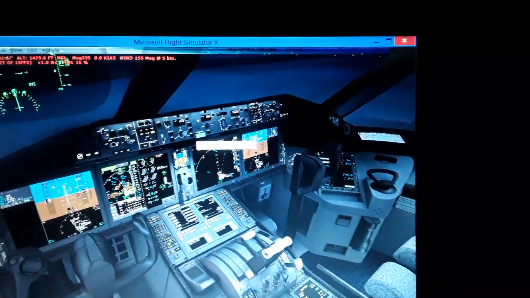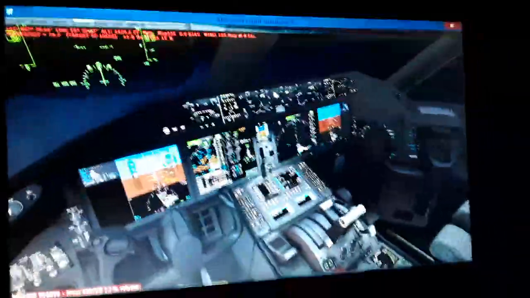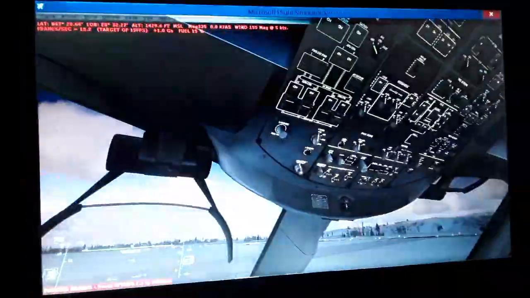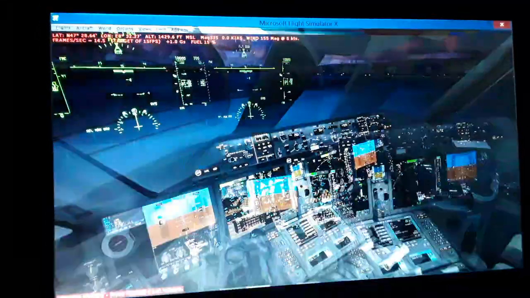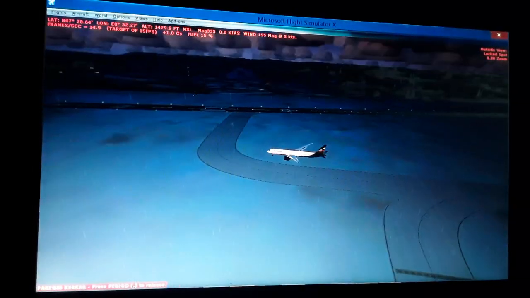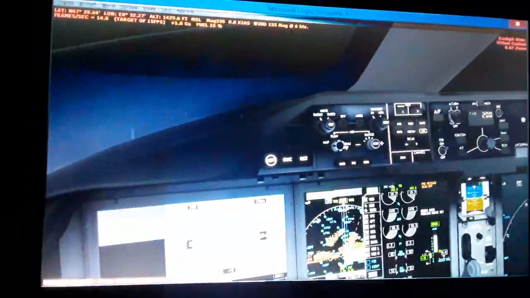So we start now. We have a couple more things to see. So you can see all the displays here again. A nice view, relaxing from around the airport right now. We have also another aircraft coming in for landing. So maybe we can spot that in the navigation display as traffic, but